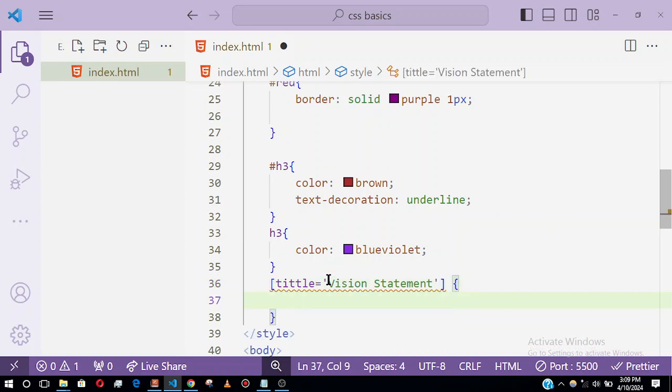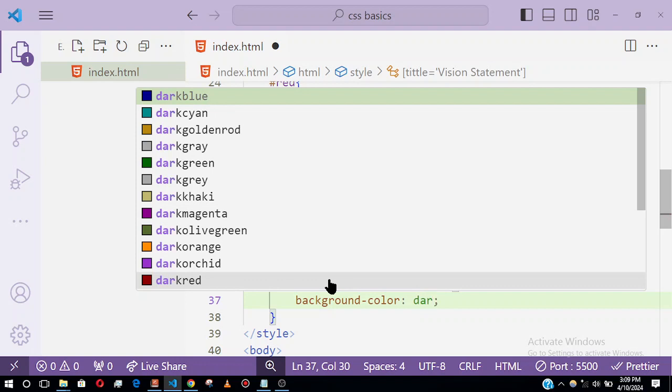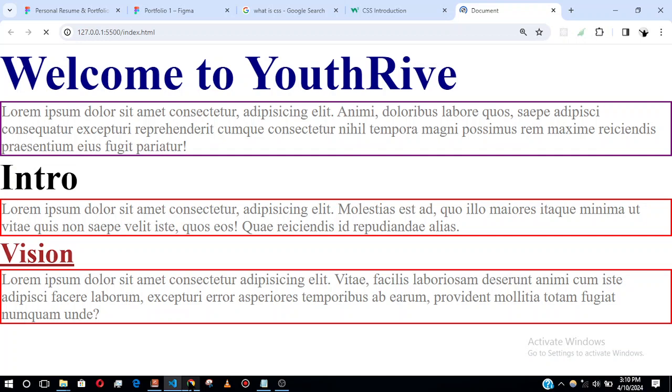Then I'll say the background color should be dark cyan. So if I save this,